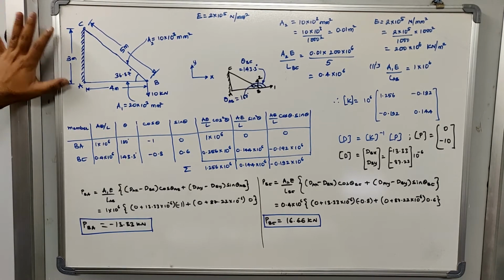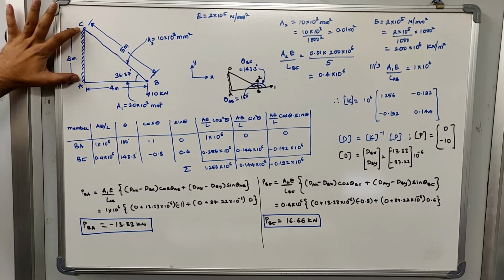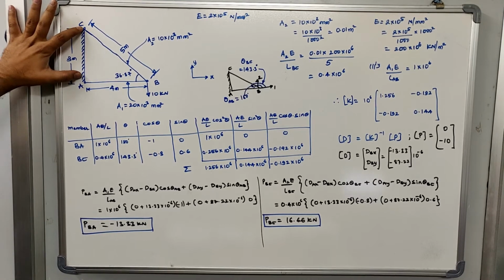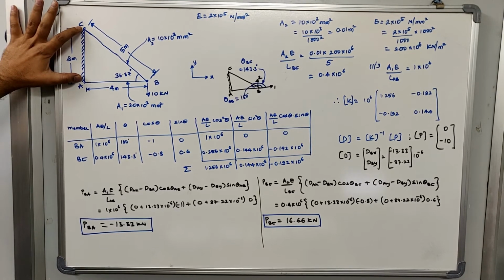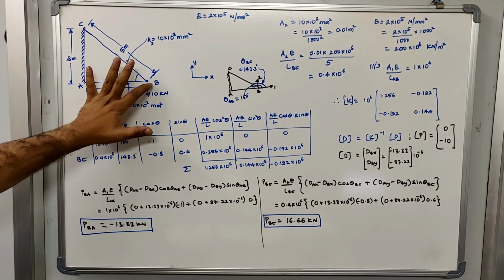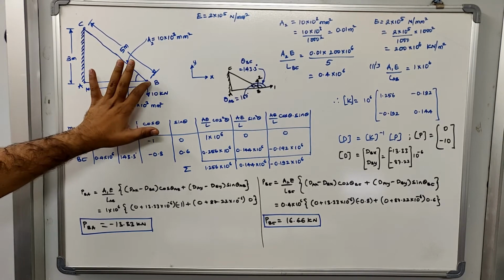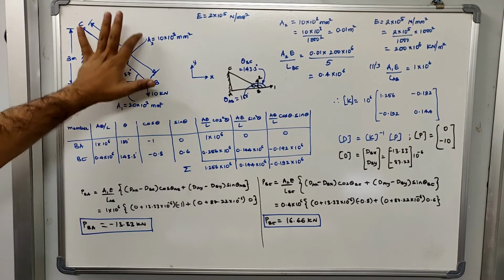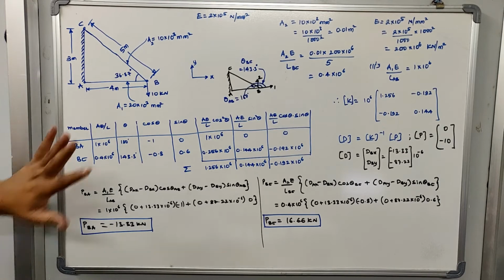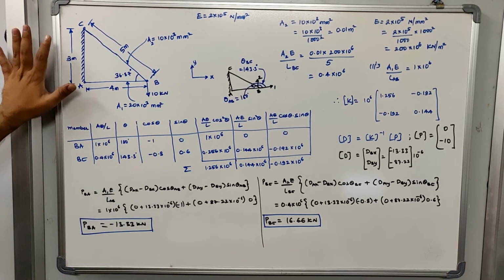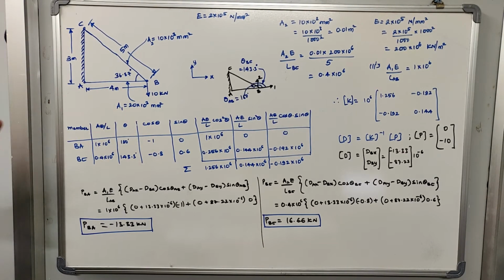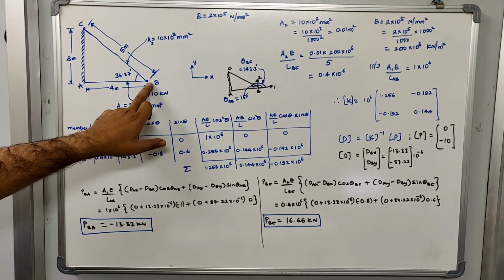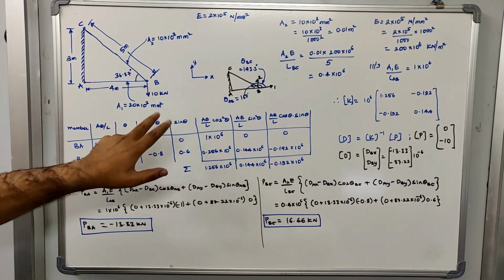If you tell me what is the kinematic indeterminacy of this pin jointed frame, these are supports, right? This is not supposed to translate, right? So there is no degree of freedom at joint A and joint C, but the degree of freedom at joint B is in two directions. One is in the horizontal direction, the other one is in the vertical direction. At every joint in a pin jointed structure, it will translate in two directions, one in X direction and the other in Y direction. So the degree of freedom at joint B, or in the entire frame, will be 2.